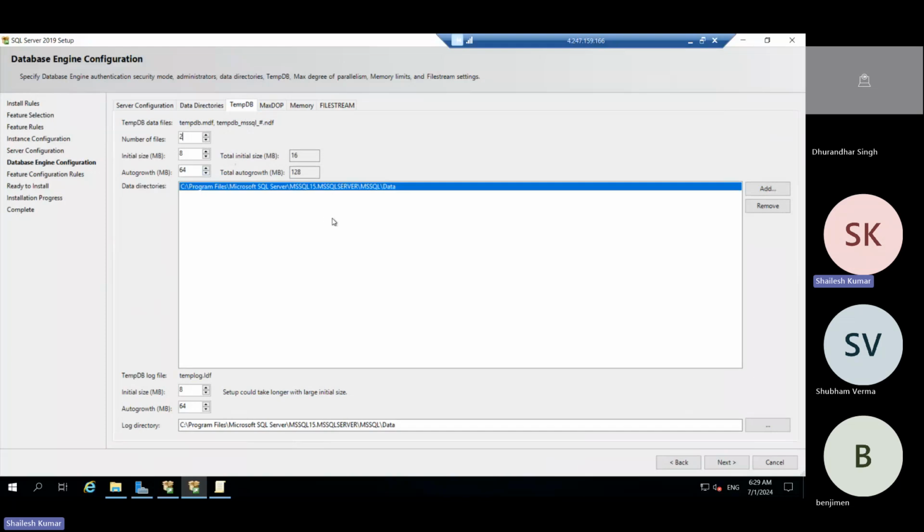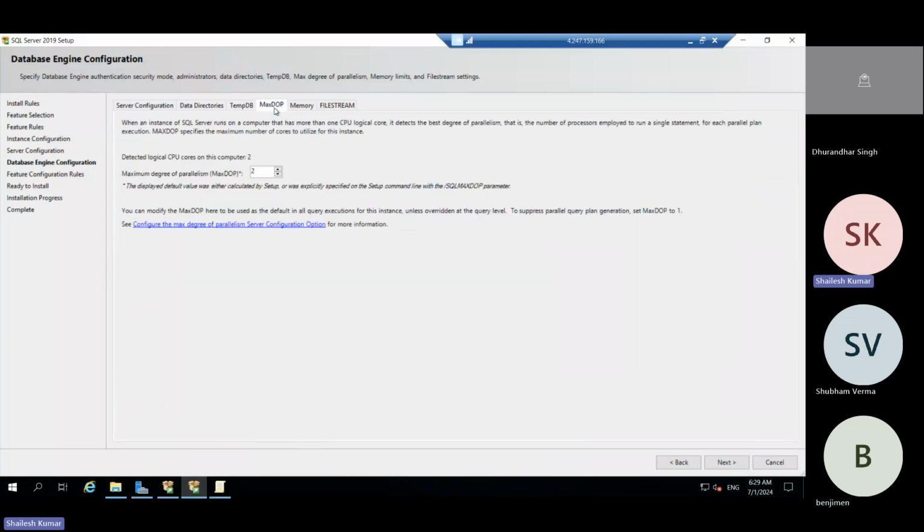You can give two also, but not more than that. The best practice is to keep the number of data files as per the number of cores on the system. The max degree of parallelism by default says two because we have two cores, but we can set it to one, because that is the best practice. We do not know how many transactions are going to the system, so it will not tie up all the CPU with parallel queries.